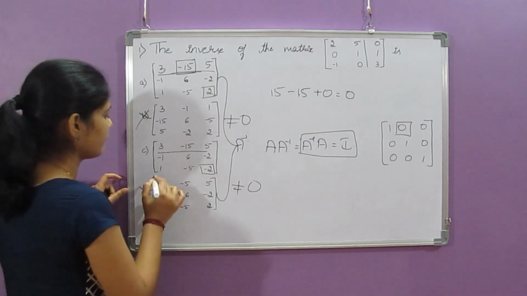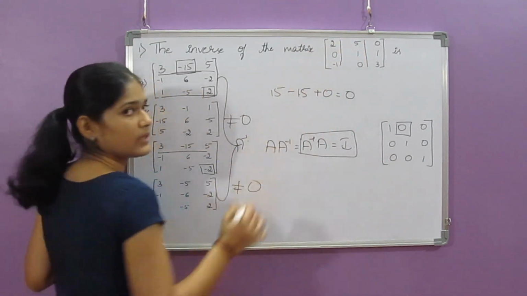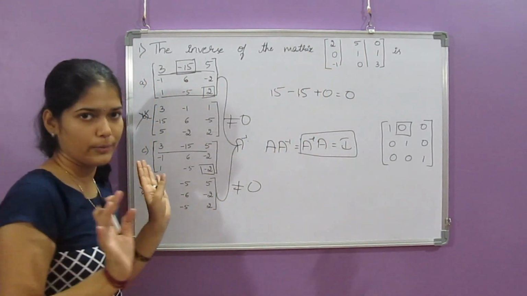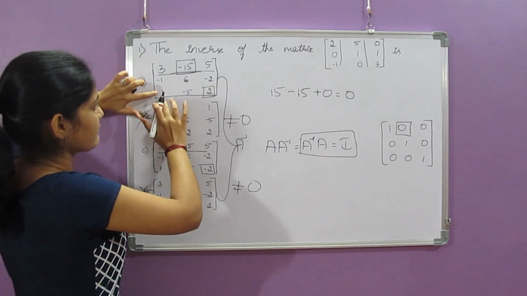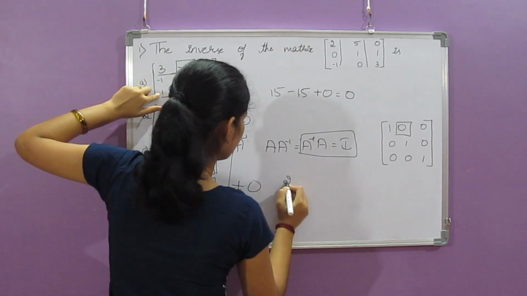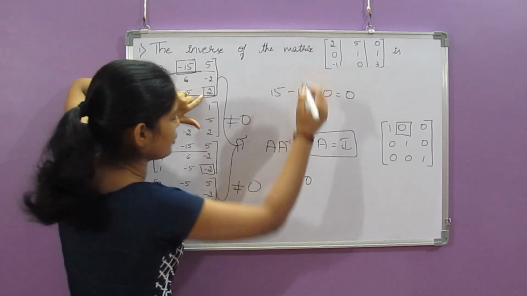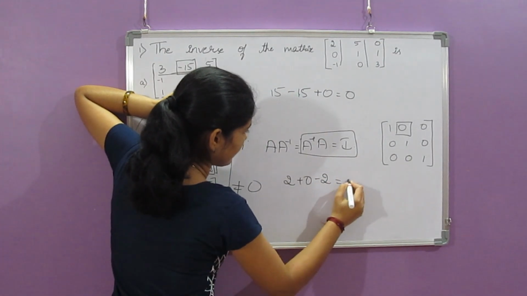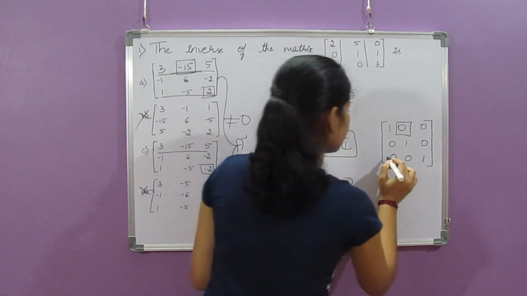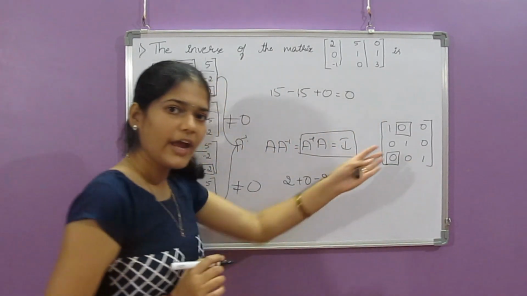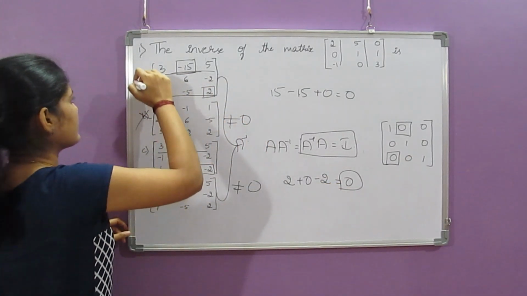For that, we will multiply this row with the first column. Here we have minus 1. So no problem, we can take that column. When we multiply this, we will get 1 into 2, 2, plus 0 and 2 into minus 1, minus 2, that will be 0. And also last row into first column means this position entry. Here we have to get 0 and we got 0 here. That means this is the correct option.